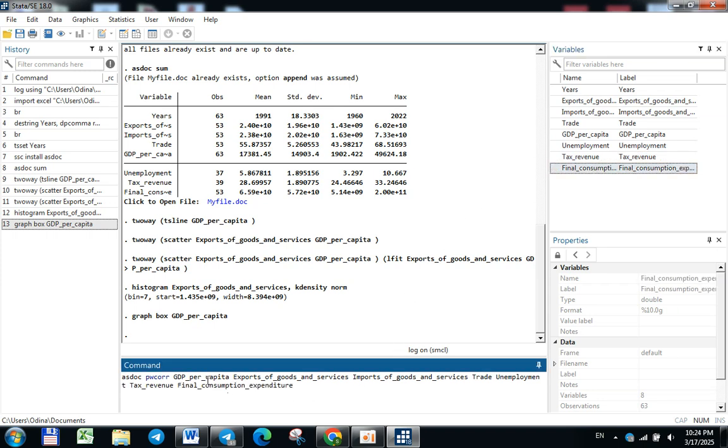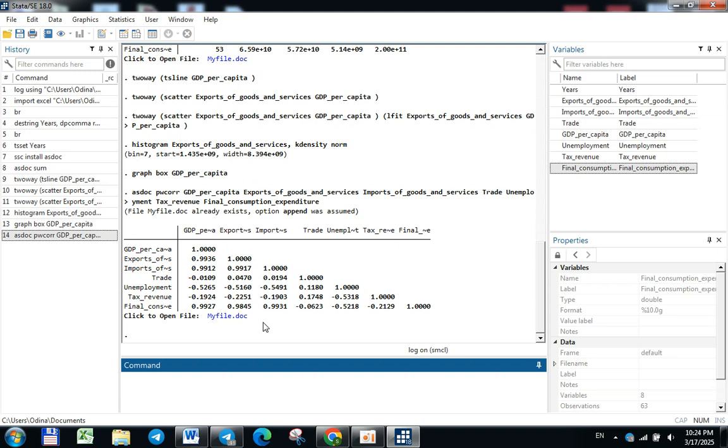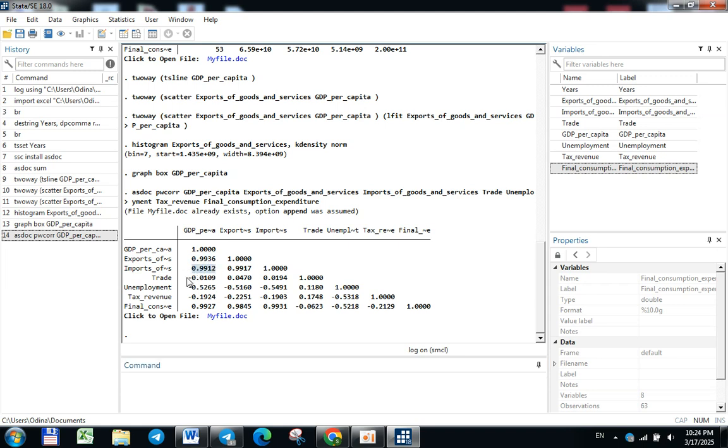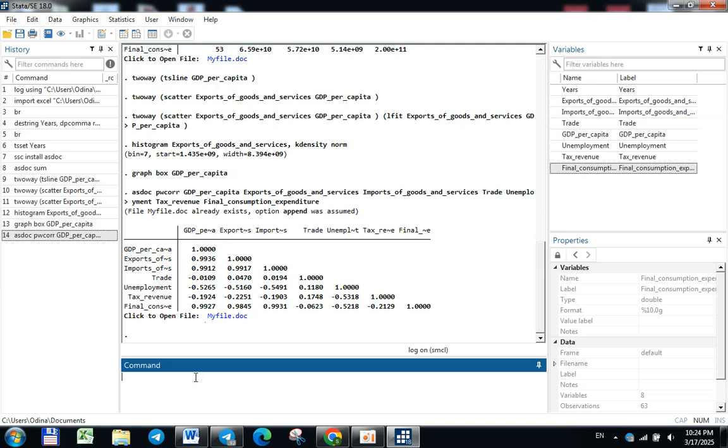I choose GDP per capita as dependent and the other variables as independent. So as you can see, there might be a positive or negative relationship. For example, here is the positive, this is positive, also this is a negative, and rather than final consumption expenditure. And the next command is swilk,